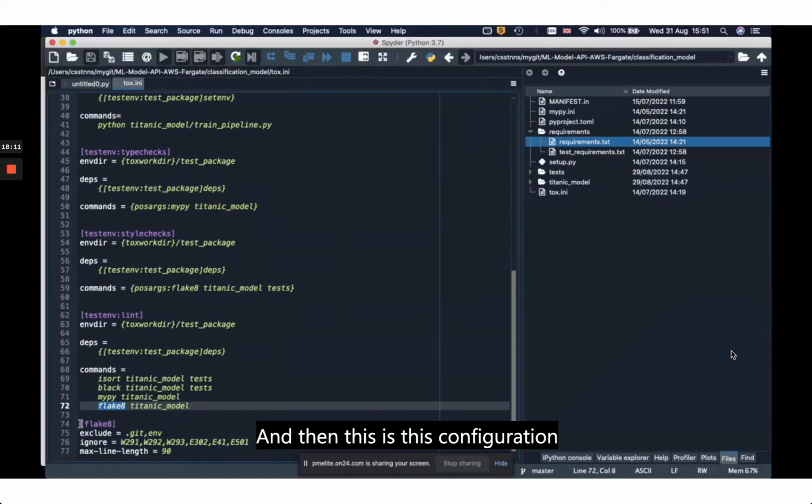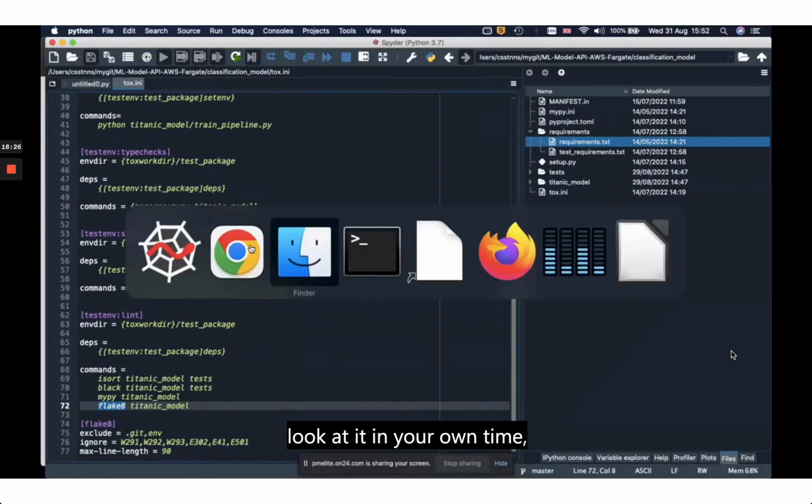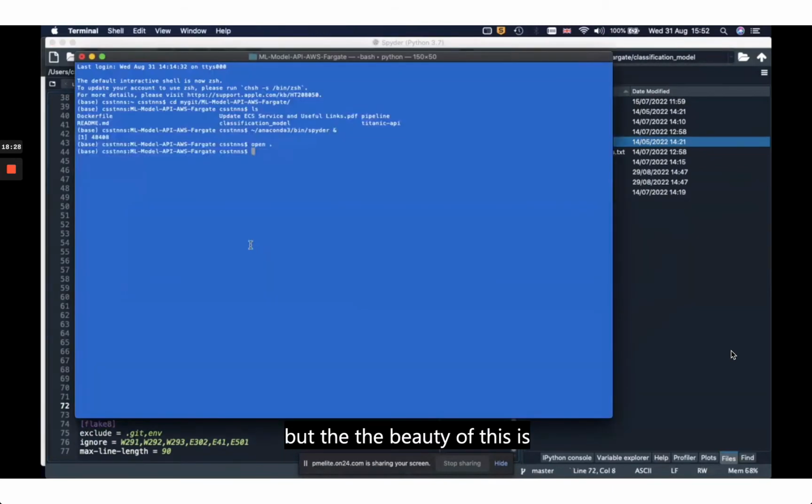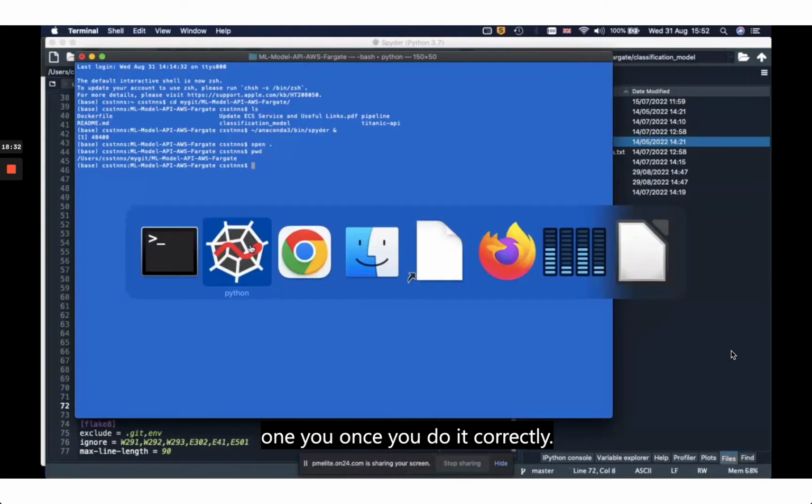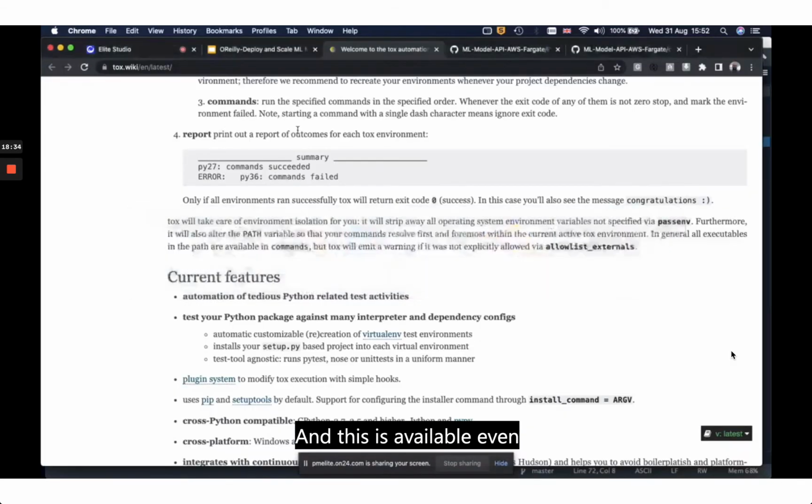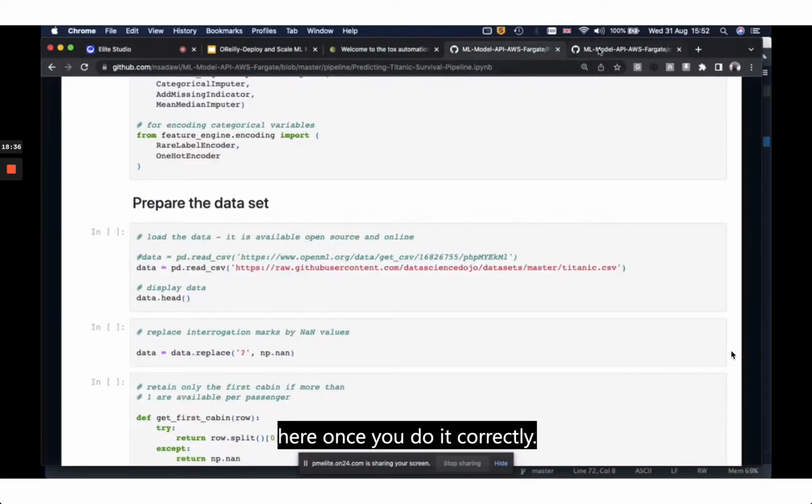And then this is the configuration for Flake8 to ignore or escape some types of files and some warning types. So tox is very, very useful for these purposes. Okay, like I said, you can have a look at it in your own time, but the beauty of this is once you do it correctly, and this is available even here, once you do it correctly,